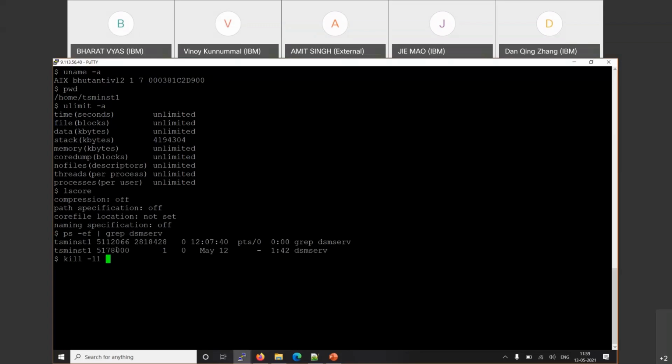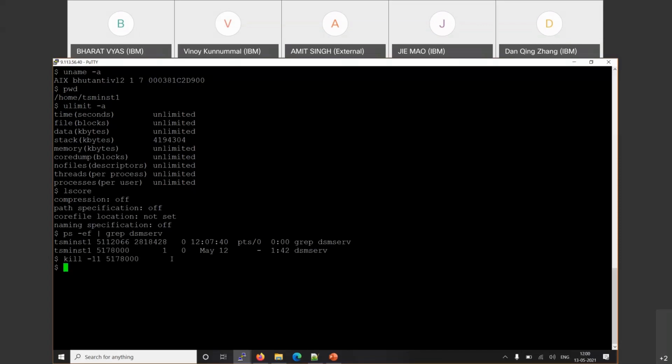This is the process ID I need to use. However, we do not suggest running the kill command on a production server because it will stop your Spectrum Protect server. Unless it is recommended by support, or you are seeing that your server got hung, then you can try that -11 option to generate a core dump file, and that core dump file will help us identify the cause of the hang or crash.